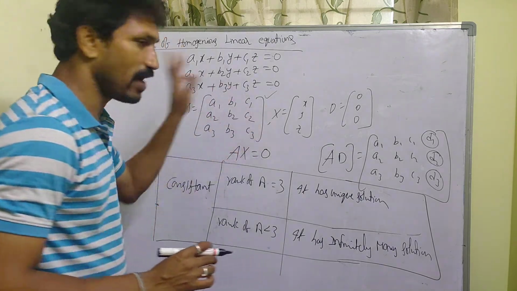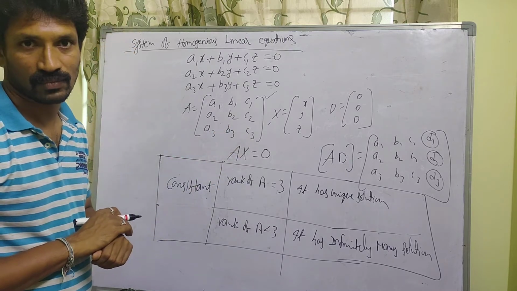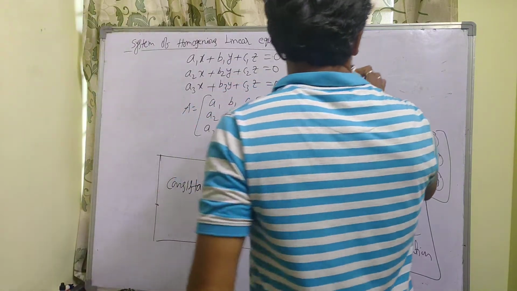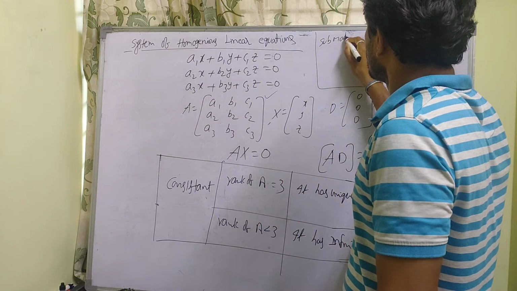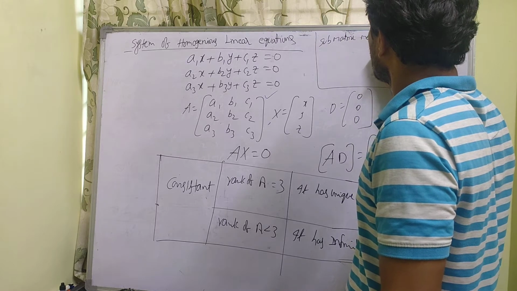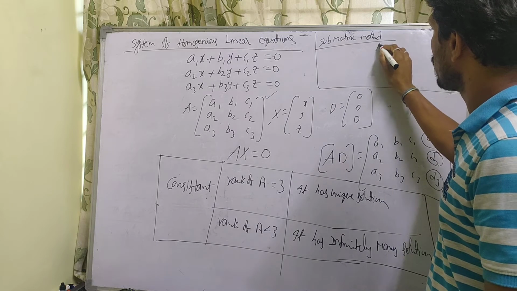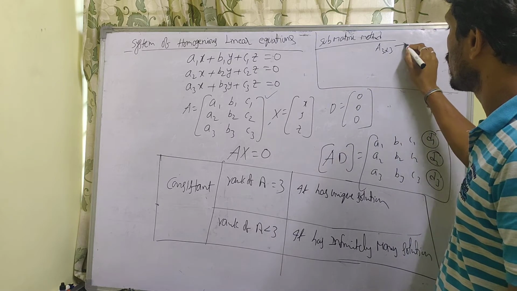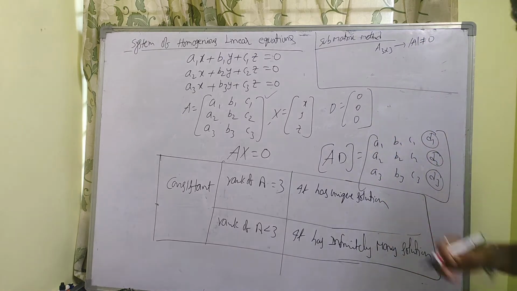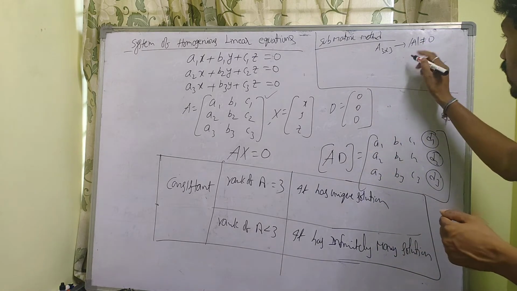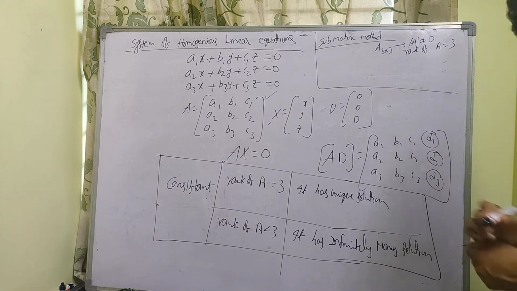And I just inform you one thing. Generally, this is the coefficient matrix. Yes, very clear, it is a 3 by 3 matrix only. For suppose, for the submatrix method, if you take any 3 by 3 matrix A, and determinant of A is not equal to 0 directly, what is rank of A? That means rank of A is equal to 3.